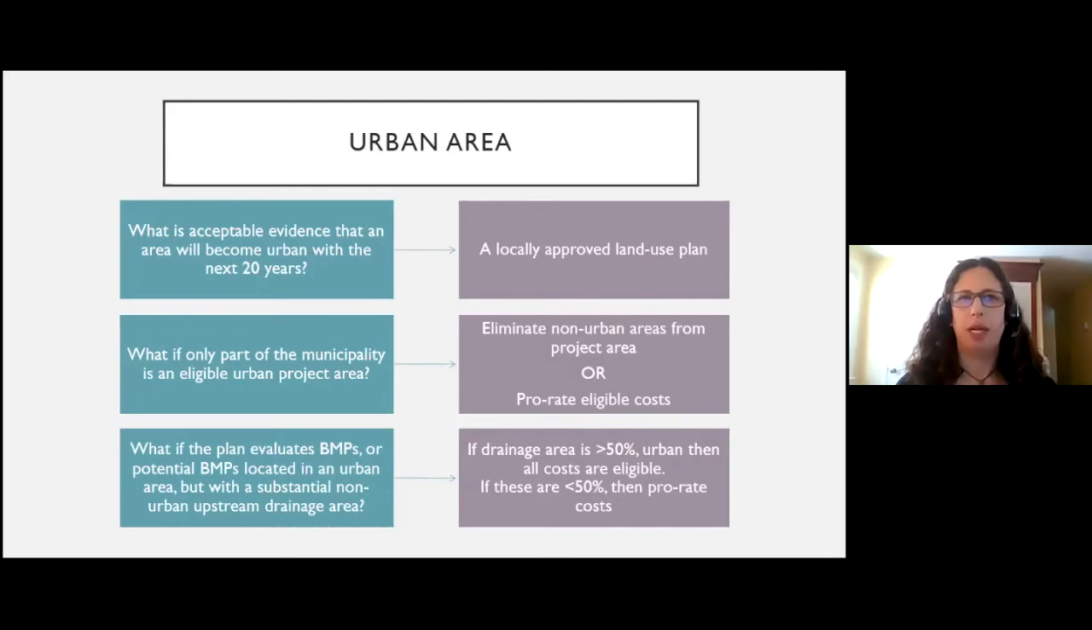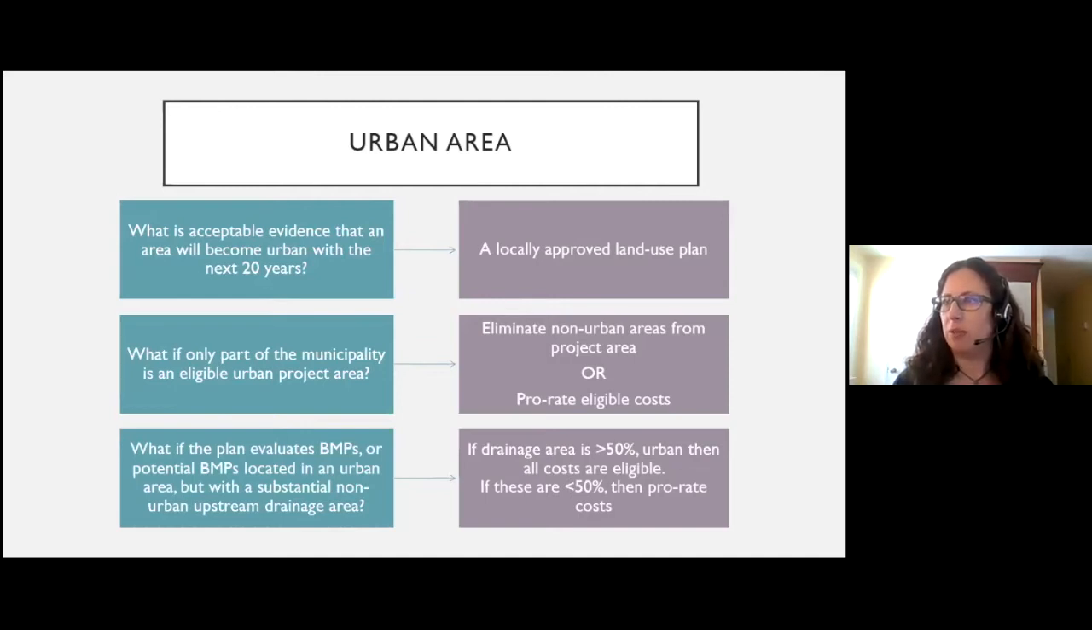What if the plan evaluates BMPs or potential BMPs located in an urban area, but with a substantial non-urban upstream drainage area? If the BMP's drainage area is greater than 50% urban, or will be at least 50% urban within the next 20 years, or if the volume of runoff treated is greater than 50%, then we need to prorate costs based on the amount of urban,